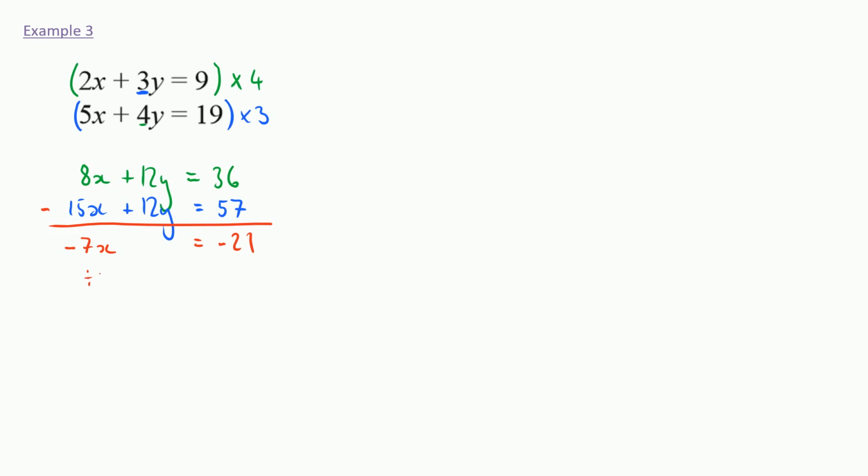Divide both sides through by minus 7, and I find out that x is equal to 3. Now I know that x is equal to 3, I can choose any of my equations, and in fact I can really choose any of my equations. I can still use these ones up here. So I'm going to pick the first one,